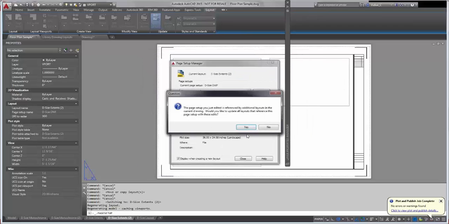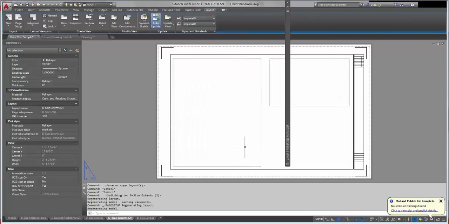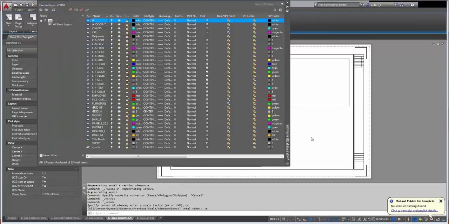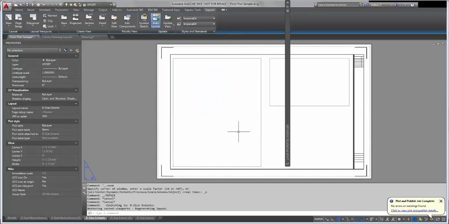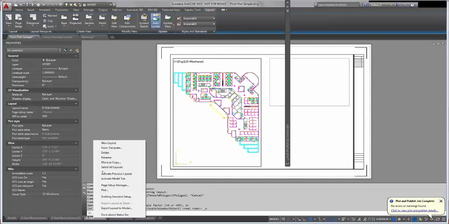I'll click OK. Would I like to apply these to all of the layouts that have this page setup assigned to it? In this case, no, because there's a purpose for that page setup. So I'm going to say no, I just want it on this one. And I'm able to show this here in color, whereas this one here, I guess I never brought in the